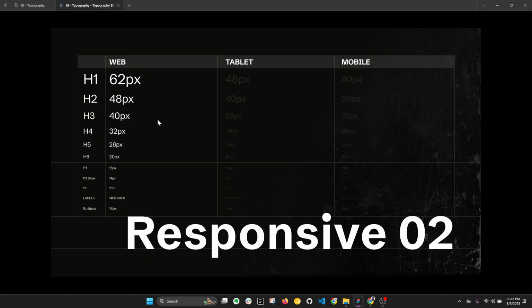Another way, the second way that we talked about, is just to keep the body font size, the base one, consistent, and adjust the scale on the top. So here below the line, the values will stay the same. Just notice that these values are the same. These values are the same. Now on the top, I have manually adjusted how things will work on different screens by